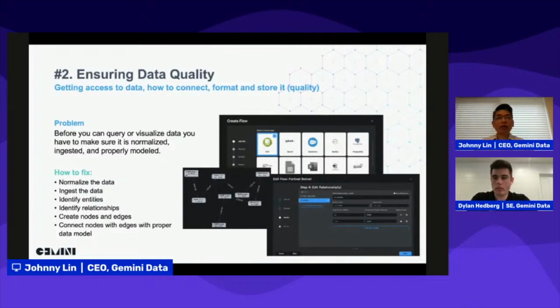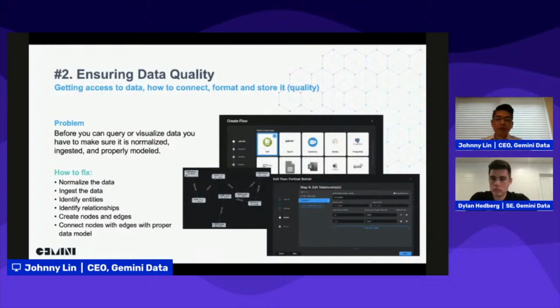And here we're talking about preparing the data in the form of a graph, right? And this is different than preparing the data and putting it into a traditional relational database. That's a totally different process and mechanism. And why is this important? Because before you can even query or visualize or use that data with a graph, you have to make sure that it is properly structured, ingested and processed, right? And you have to model it in a way that works with the graph. And I think there are a number of steps that you need to overcome.